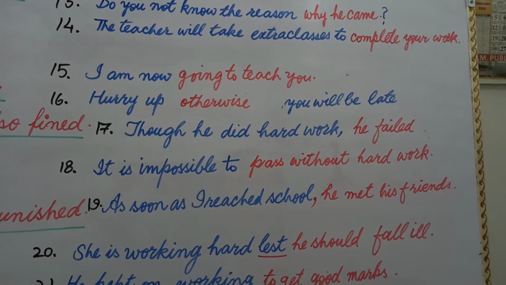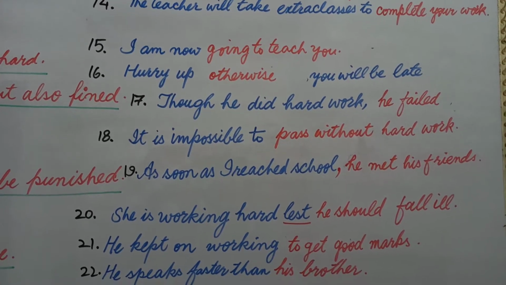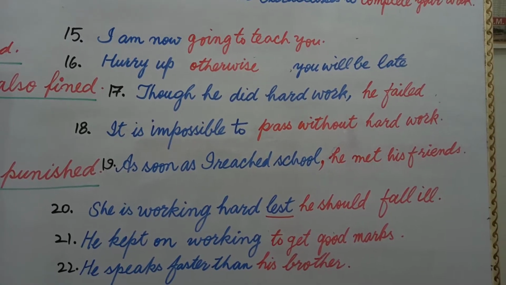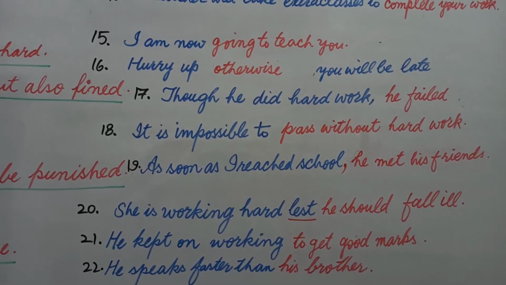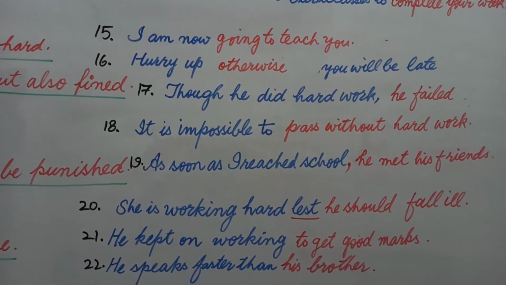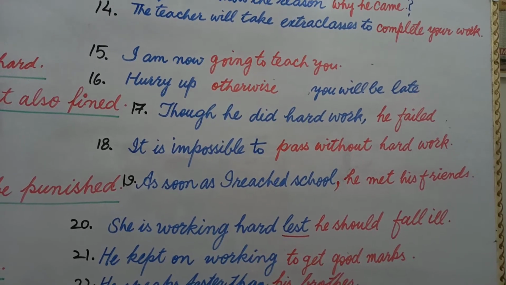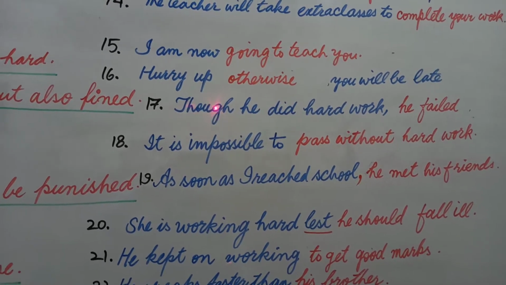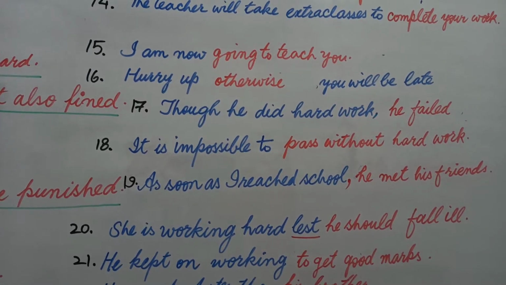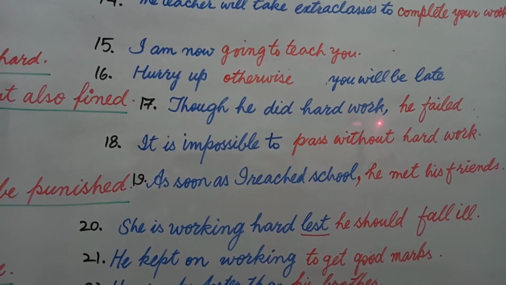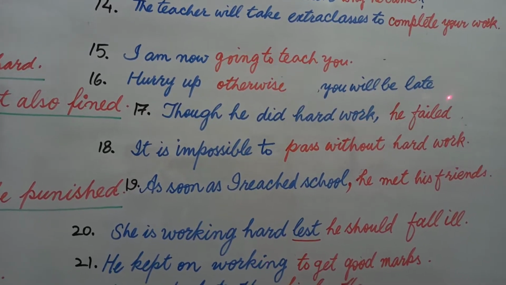Now it's perfect, and I think it is the right filling of the conjunction. Now let's come to sentence number 17. Though he did hard work. "Though" is used in opposite circumstances. Though or although, either of these two can be used. If you use though or although and you did something positive, the result will be negative. If you did something negative, the result will be positive. In this way, whenever you use though and although, in the rest of the sentence you have a choice whether you put "yet" or a comma. Now I haven't written "yet" here, I put a comma. Though he didn't work hard, the result will be opposite.